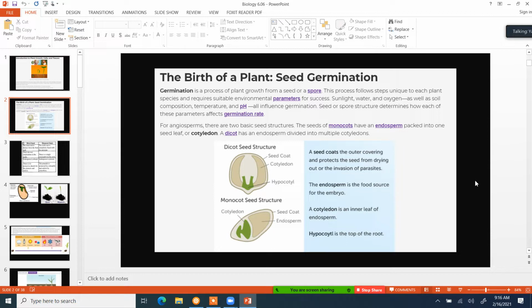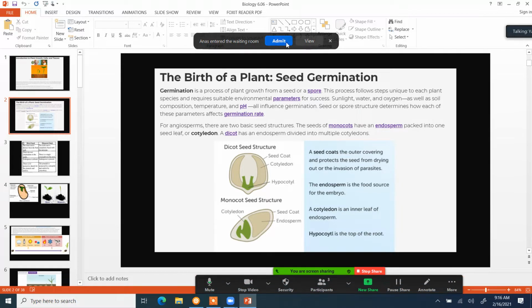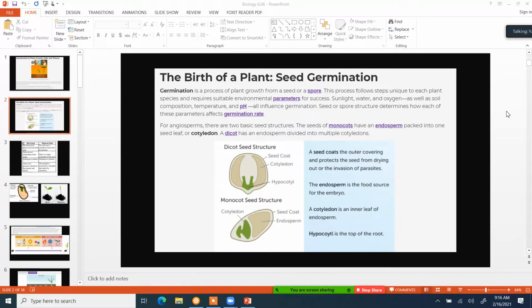Now within angiosperms, there's two different kinds of angiosperms. So one is called monocot, and one is called dicot. I don't know if anyone has ever heard these terms before, like monocots versus dicots. So these are two different kinds of angiosperms. There are some similarities and differences between them in terms of their leaf structure, flowers, number of petals on the flowers,